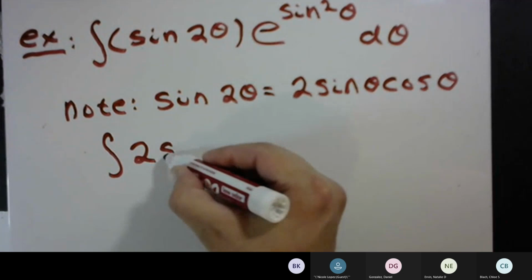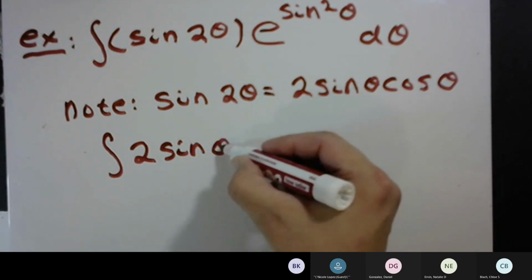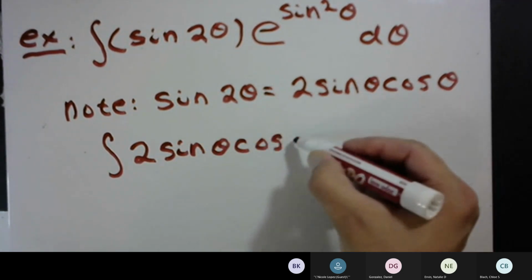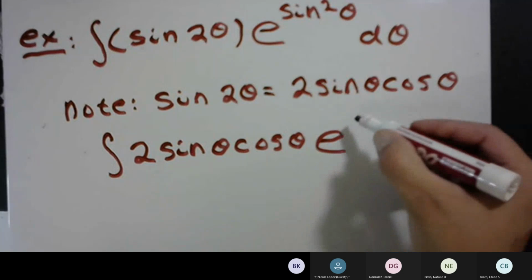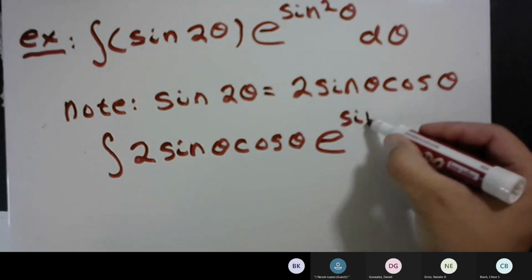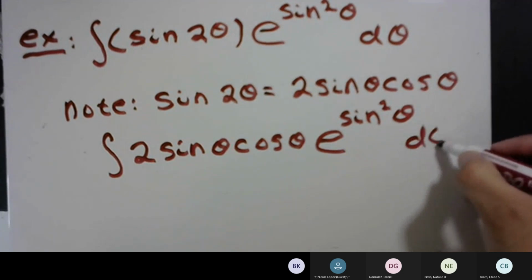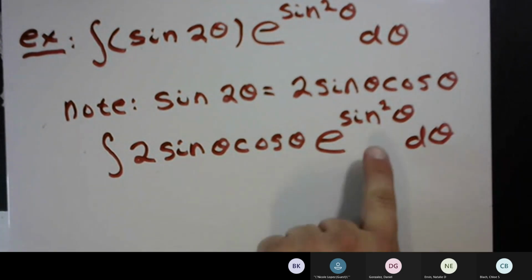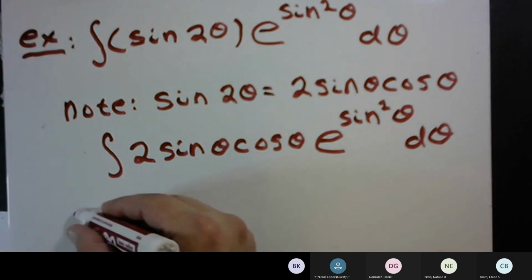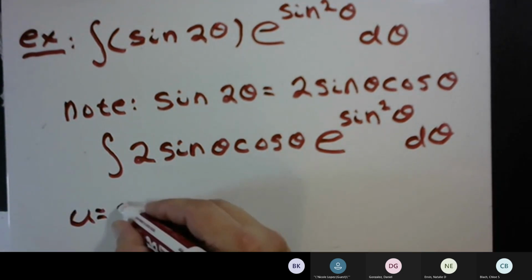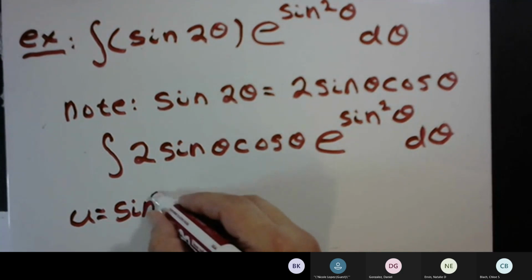Now I'm going to admit, this is looking ahead. One of the things with these types of problems, you're going to find yourself looking ahead saying, well, what changes can I make that are going to help this in the future? And what I'm eyeing is this. And this is why. If you let u be sine squared theta,